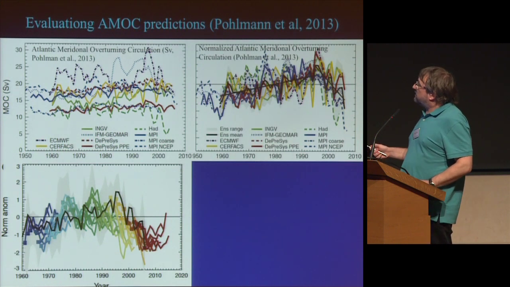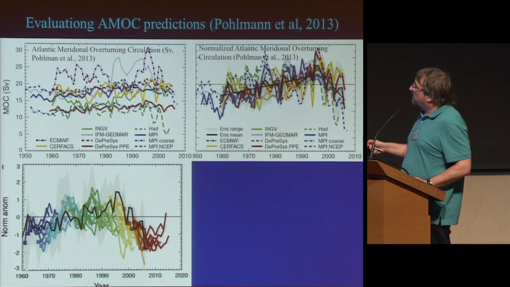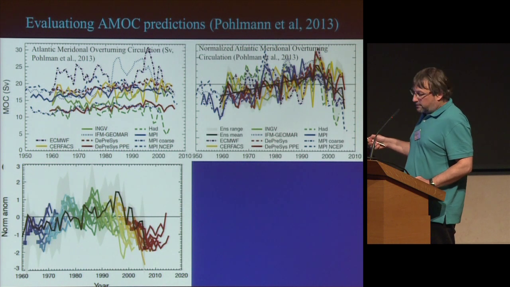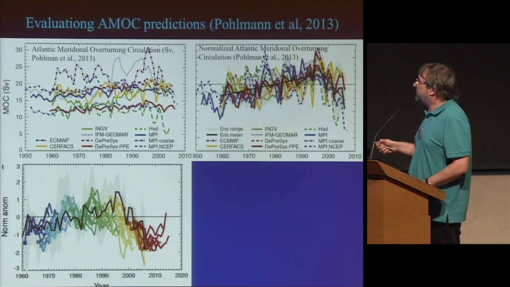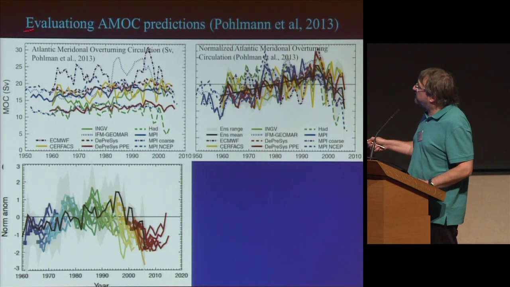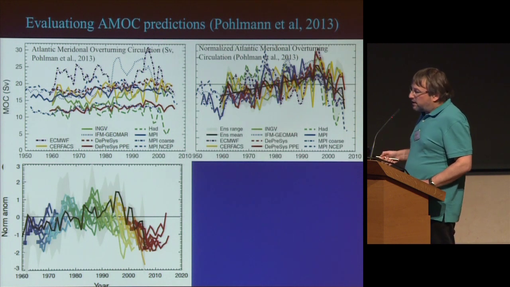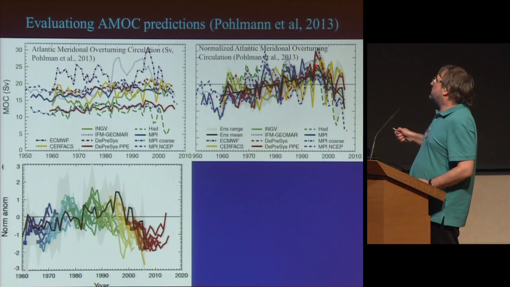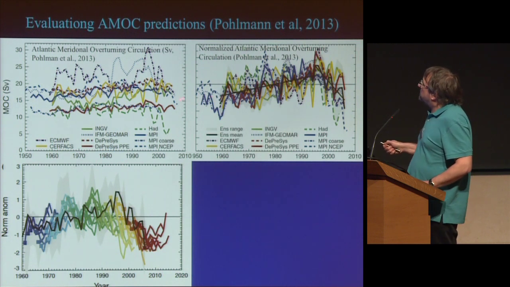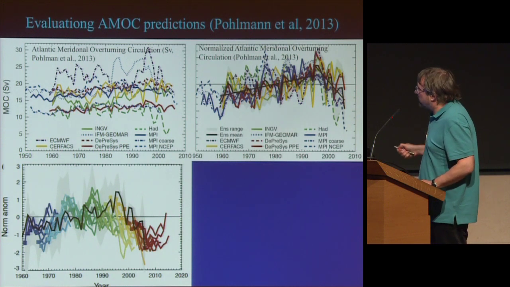What about the Atlantic meridional overturning cell predictions? First, the reanalysis. Here is a set of different reanalyses that have been used to initialize the decadal predictions. You can see that there is a large variability of behaviors in the models. But if you somewhat normalize the signal, there is some common signal that is an increase in the MOC until the end of the 90s and a decrease after that.